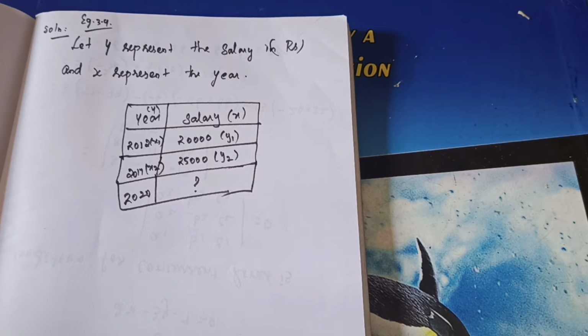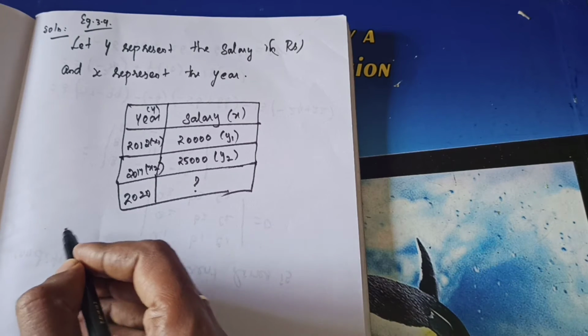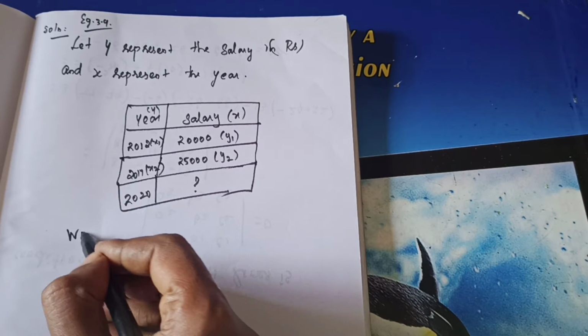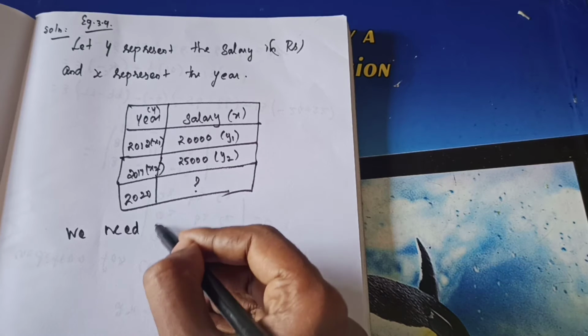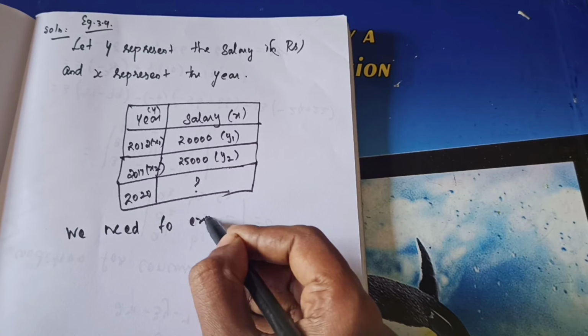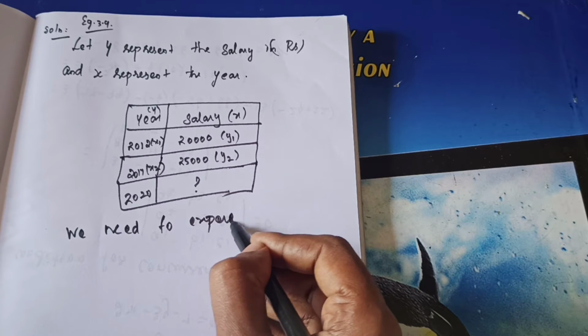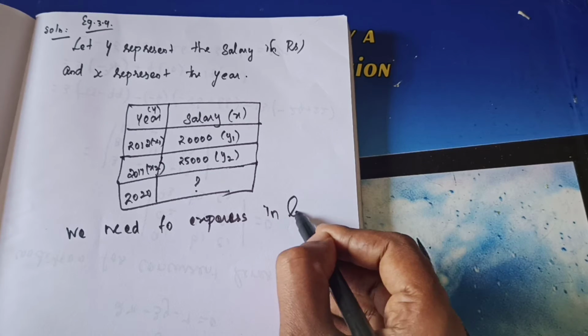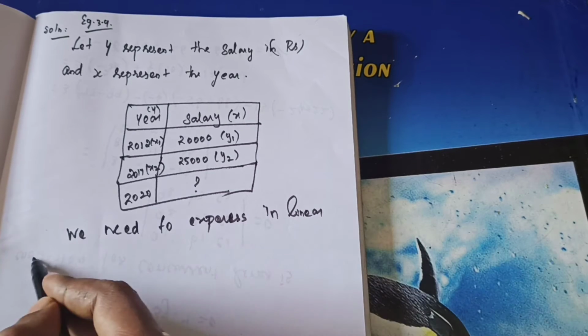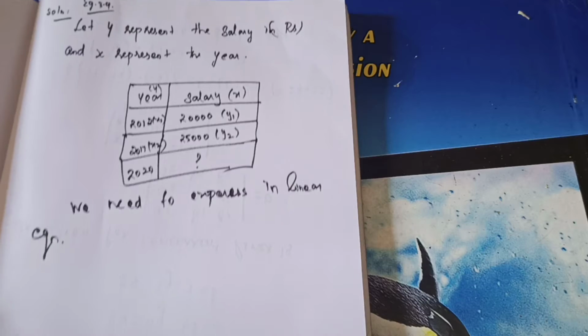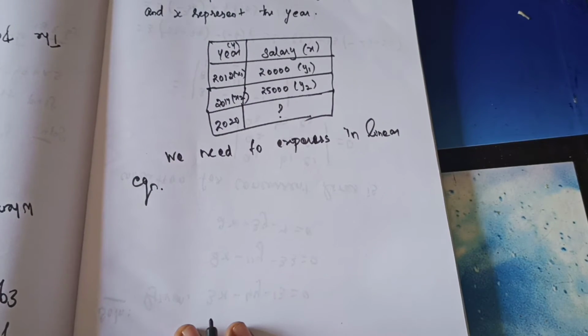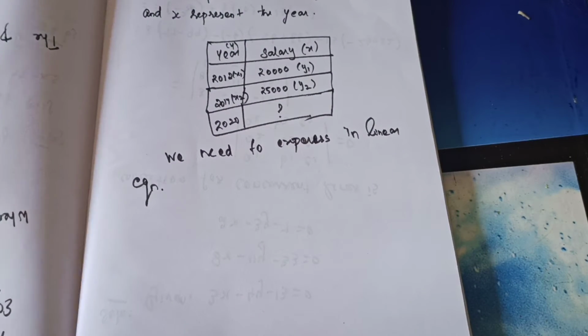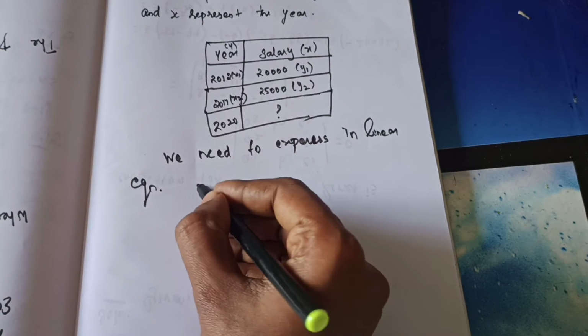The equation of a straight line expressing the given information, you need to write it as a linear equation. So linear equation you have learned. We need to express it in a linear equation. Is it right? In 10th standard you have learned, when two points are given, how we will form the equation. One formula you have learned.